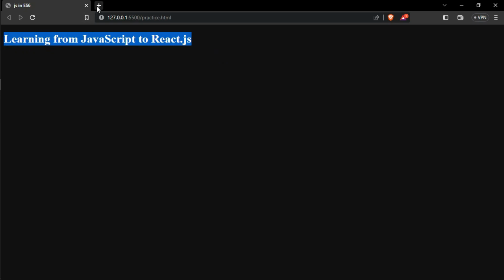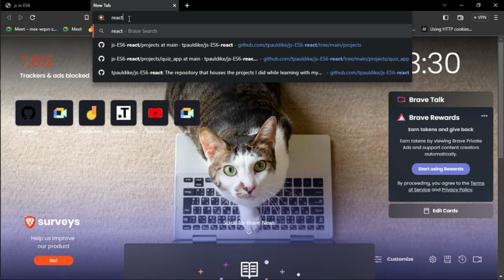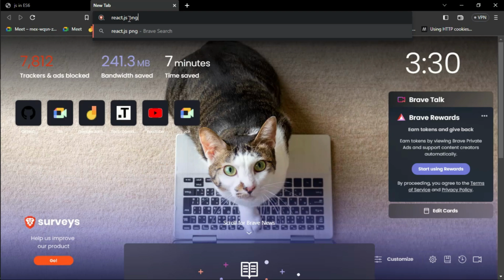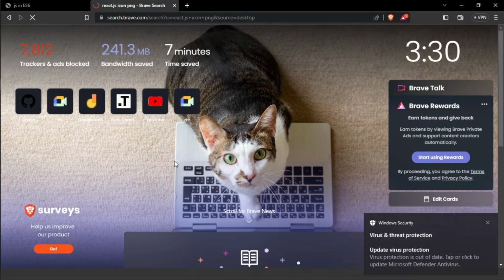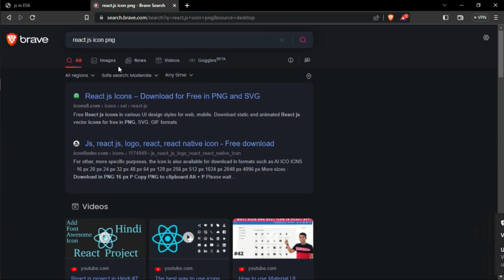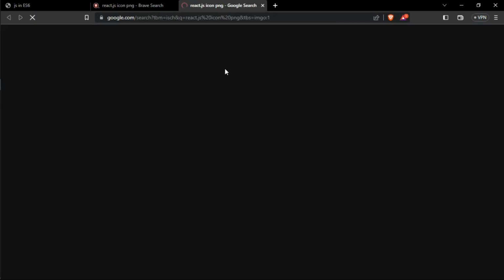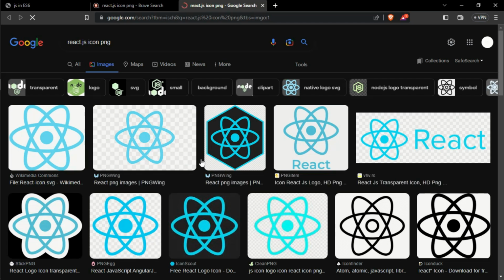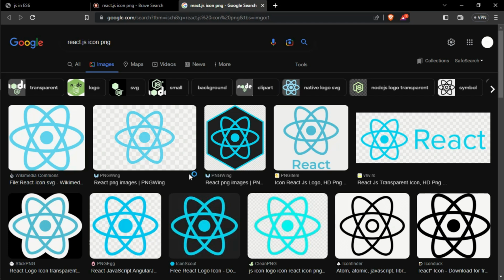All right. So let me try to find an image. Let me look for React.js PNG. Okay, let's say icon. Images. I have to choose. Which one? Let's choose this one. And load this. Okay. Save it as